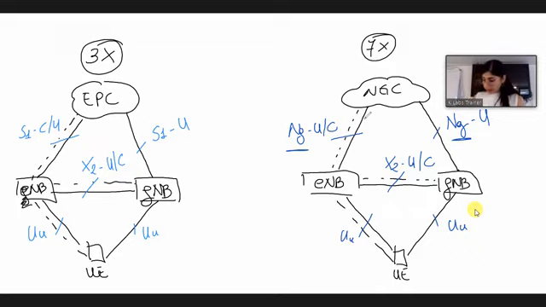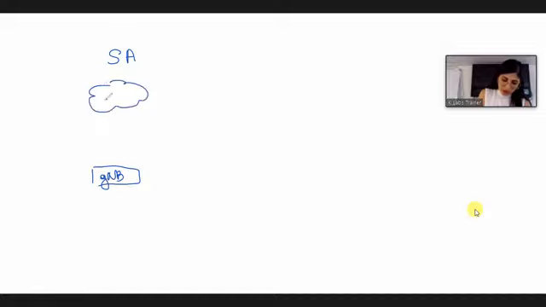The final target is to reach the standalone network. In the standalone network, the 5G network is completely independent from the 4G network. So we will have our 5G base station, we will have our 5G core network, the next generation core, and we will have our user equipment that can communicate with our gNode B for both user plane and control plane.